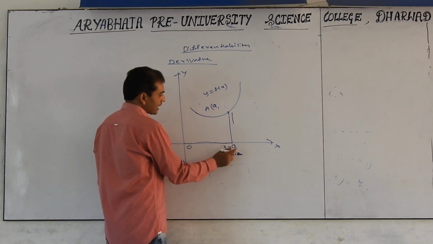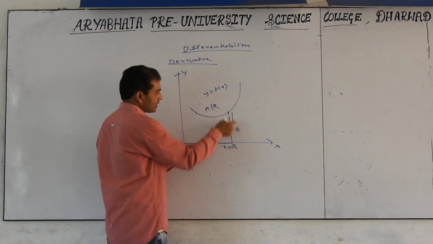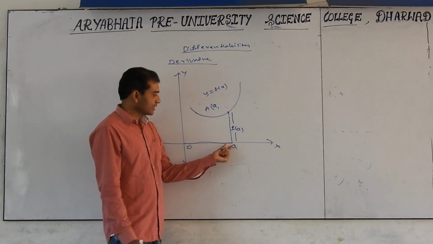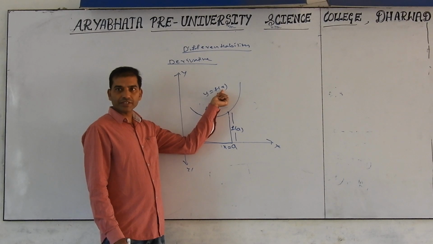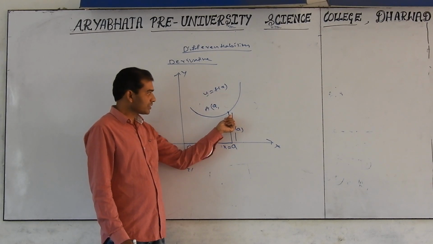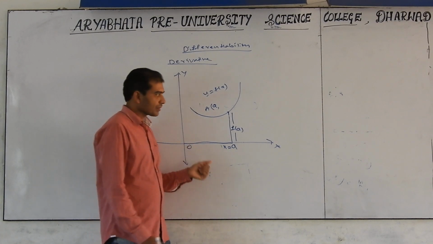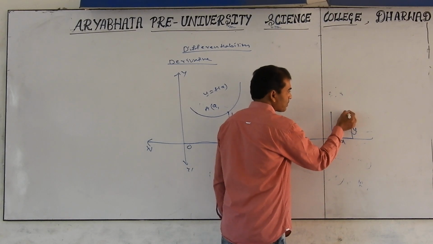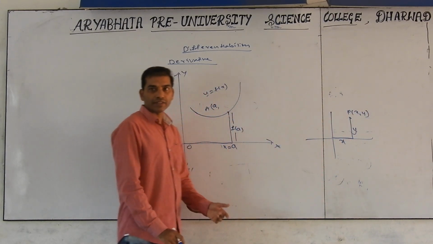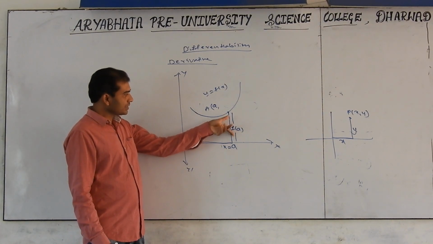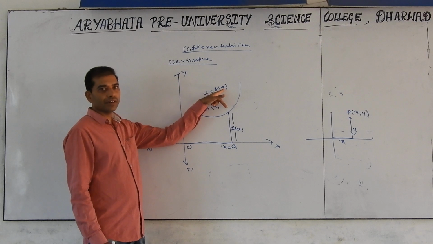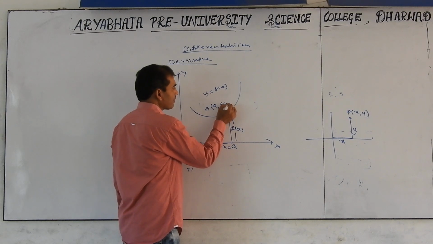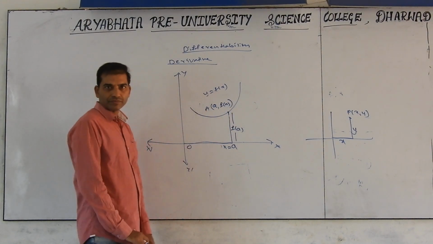Put x equal to a here, we get y. This is called the y length. So this is f of a. Put x equal to a in f of x, then y equals f of a. This is the y length and this is the x length. By the coordinate system, here is one point, this is x and this is y. The point is x comma y. This length is a, then this length is y. Y means put x equal to a, y equals f of a. Therefore the point is a comma f of a, with this the y coordinate and this the x coordinate.